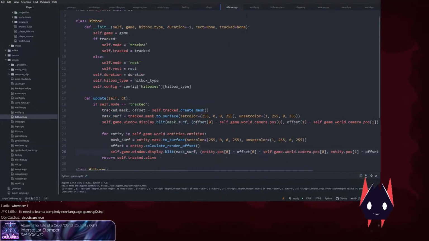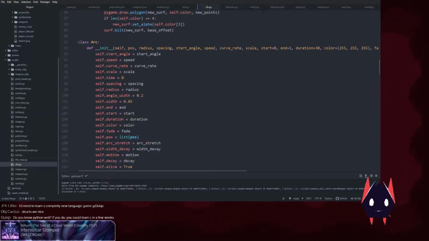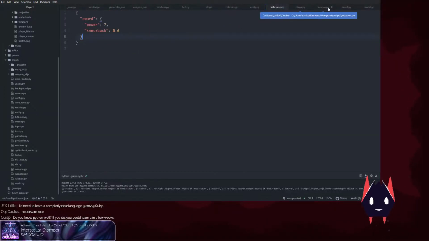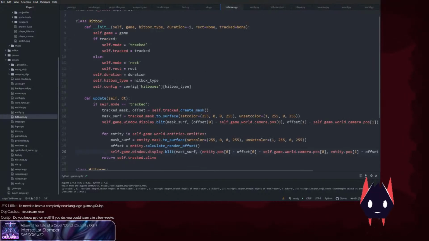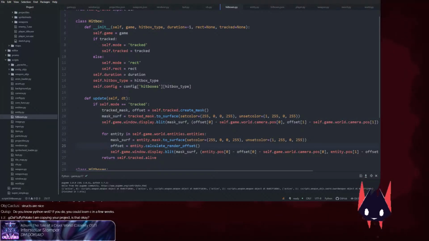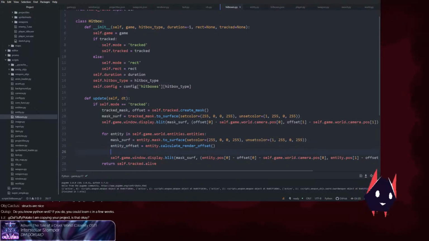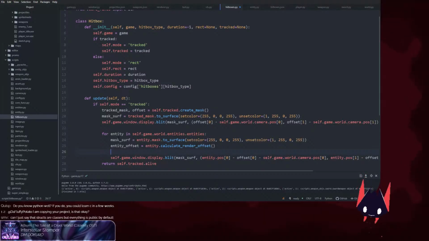Hold on. So, okay. I'm going to call this entity offset. And now I have to do, oh boy,